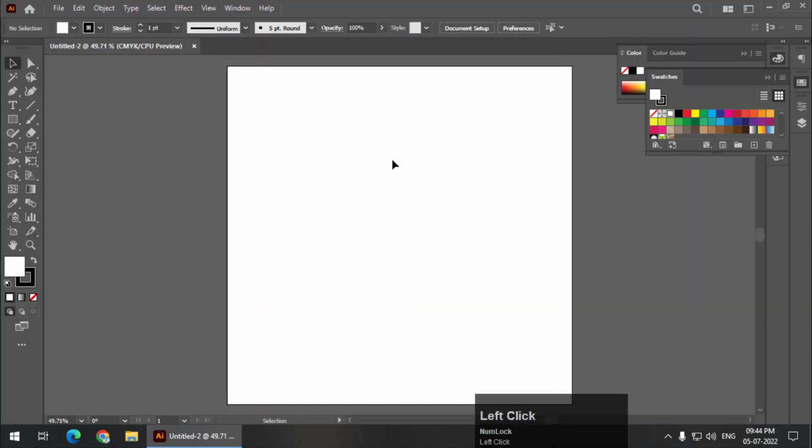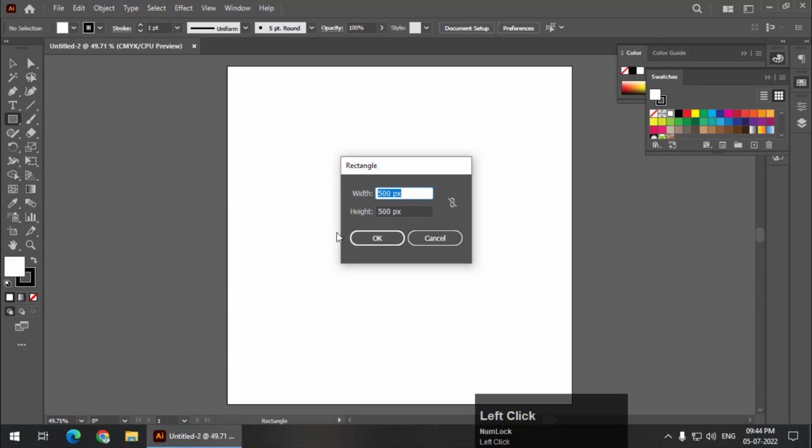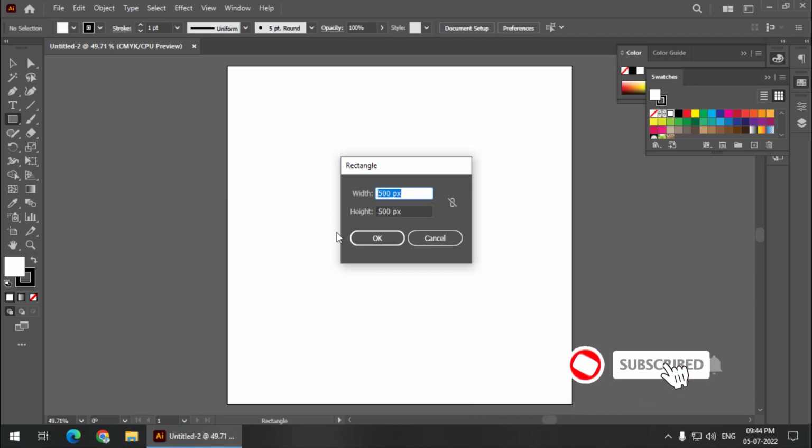You can take whatever size that you want, A4, A3 maybe, but in this example I am taking 1000 pixels by 1000 pixels. After that, simply create a rectangle, and we are going to use this rectangle only as a guide. We are not going to change anything in that rectangle, which is a square now because it's 500 pixels by 500 pixels.